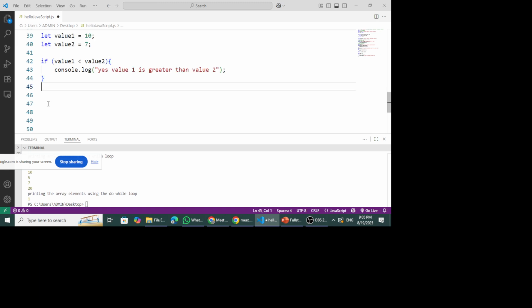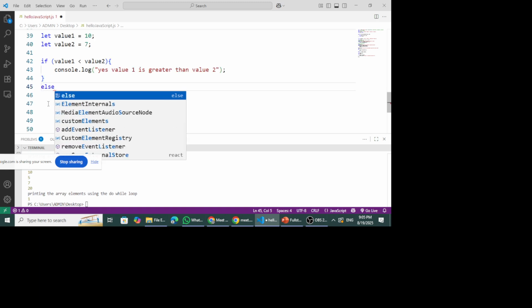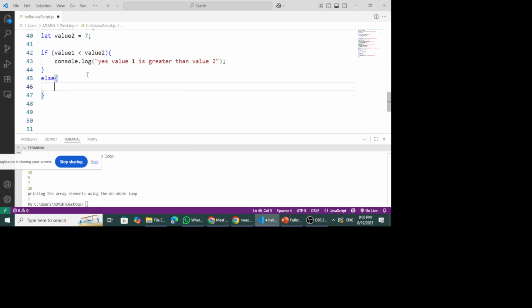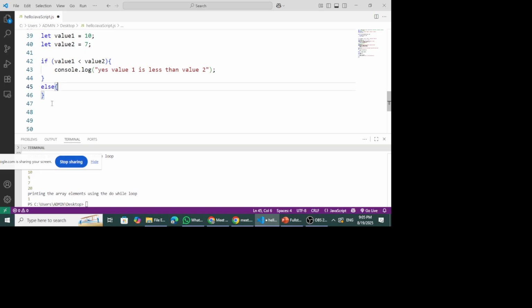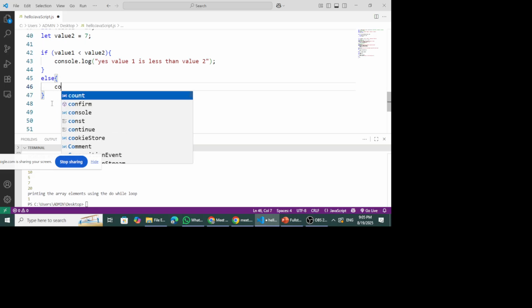We add the else part using the else keyword. So we say if value 1 is less than value 2, and that is true, then print value 1 is less than value 2. But if it is not true, then